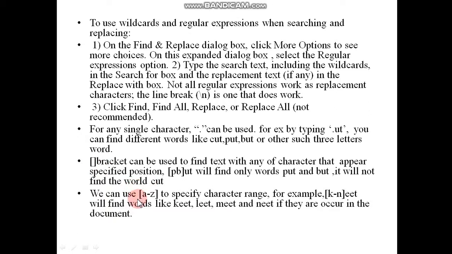We can use a hyphen in a bracket, A to Z, to specify the character range. For example, K to N followed by double E T will find words like kit, lit, meet, neat, if they occur in the document. So only the letters from K to N appear or display in the find and replace box.